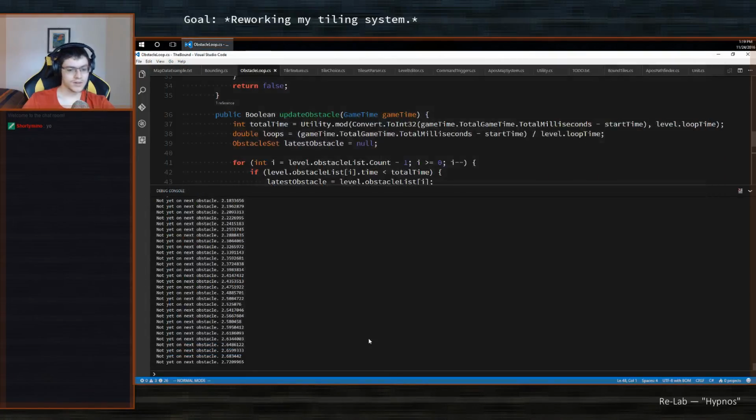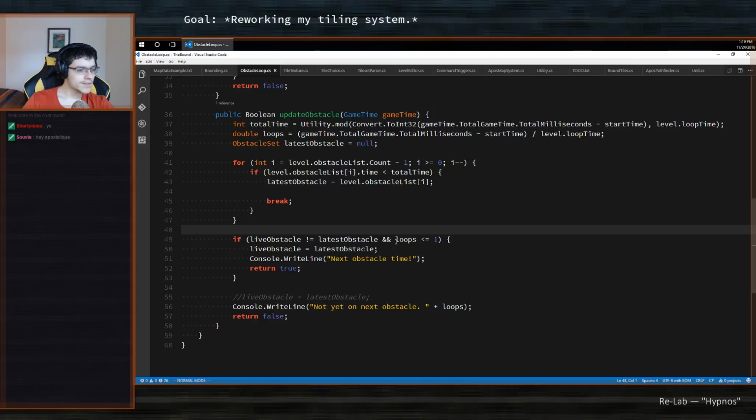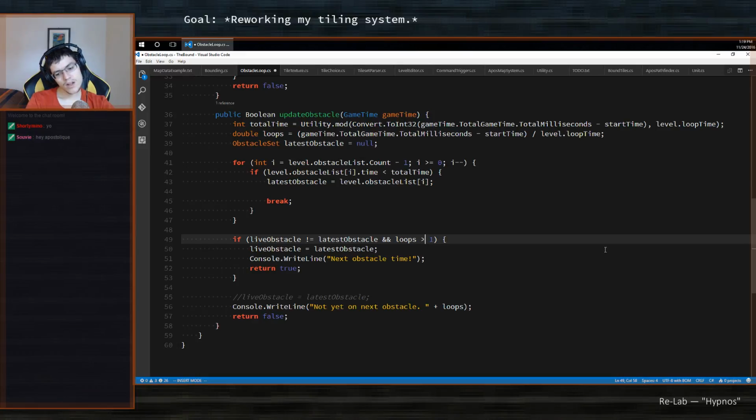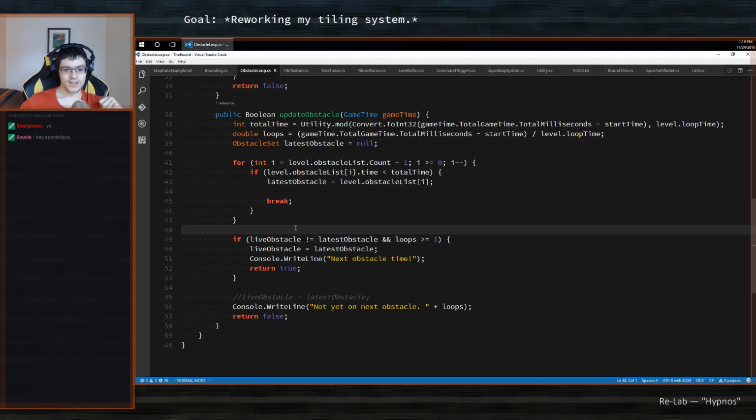Okay, the wrong one. Bigger. Hey Suvi, long time no see. Next loop equals that. It's bigger or equal to 1. Okay.